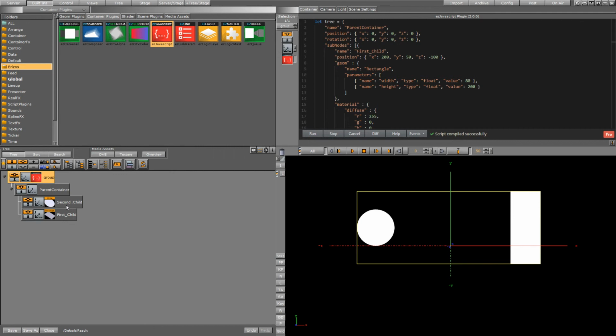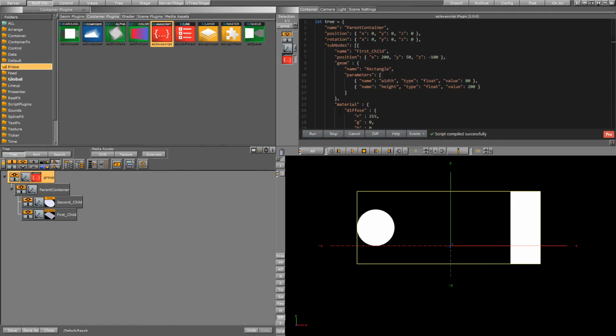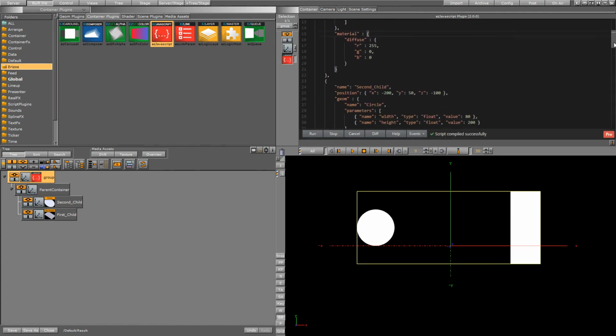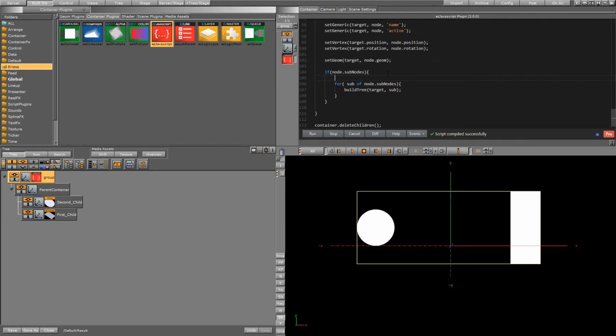But you might have noticed that the order is incorrect. That's because we're looping through and adding each one to this parent, and by default it gets added to the top. So what we actually need to do is reverse the order. Let's go back to our handling of the subnodes over here, and all I need to do is reverse the order of our subnodes. So let's go ahead and hit let reverse, and this is going to be